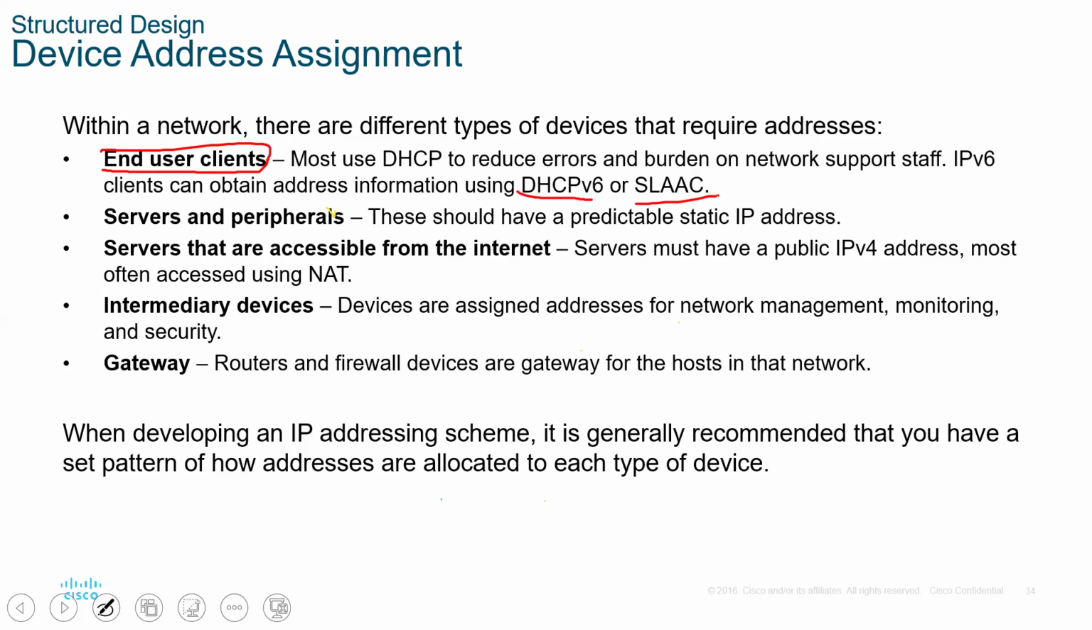Okay, then you have another device that uses IP, that's the servers and the peripherals. And this should have a predictable static IP address, which means you don't use your DHCP to assign IP addresses for them. So you give them IP addresses physically. So if you have a sub